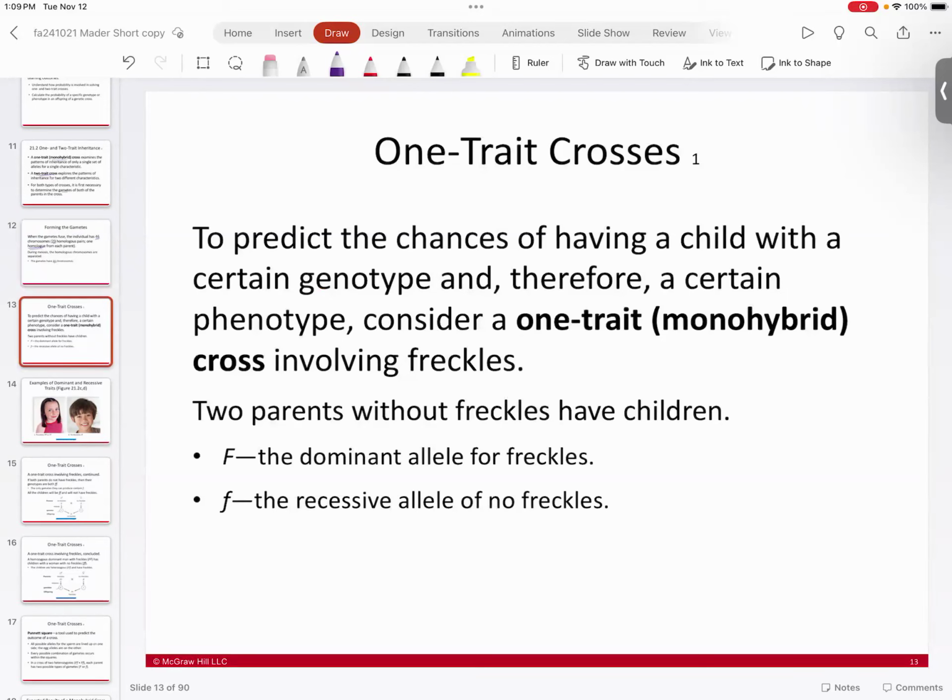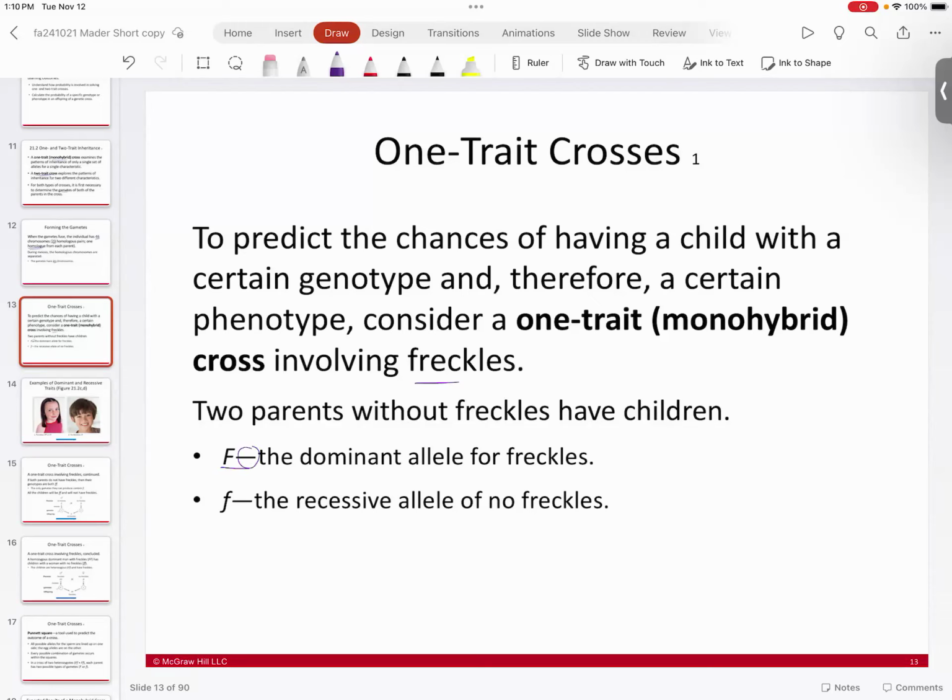Now, when you take a look at one trait crosses, one of the things we can try to do is predict the chances of having a particular child with a certain genotype, right? And so if we take a look at this monohybrid cross, when we take a look at freckles, for instance, we'll take a look at what the likelihood is of having a child who has freckles. So for instance, if we take two parents that don't have freckles, first of all, you have the dominant allele for freckles,